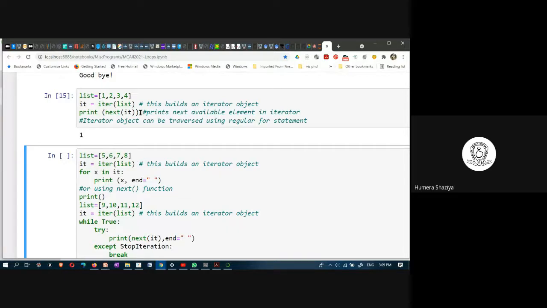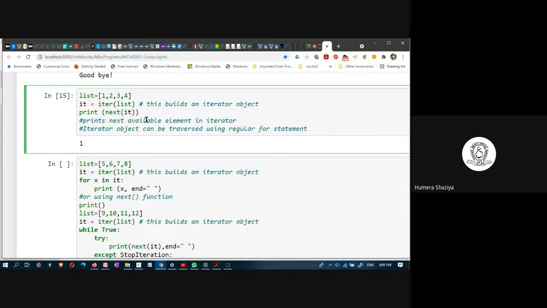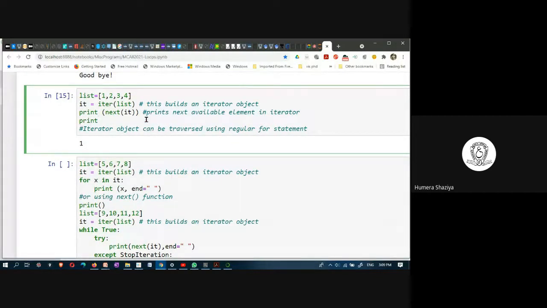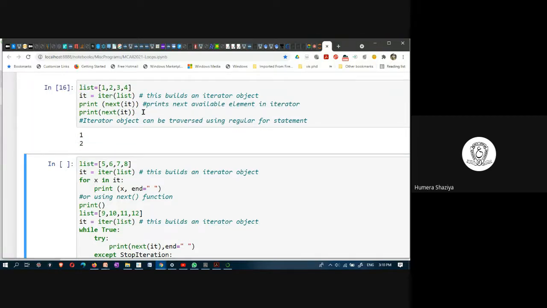Again, if I write one more next, what happens? It prints next of IT. What does it do? It prints 2 as well. Again, if I write once more next, it prints 3. If you are writing it manually, you have to write as many times as there are elements in the list, or you can automate it. Here this is code,